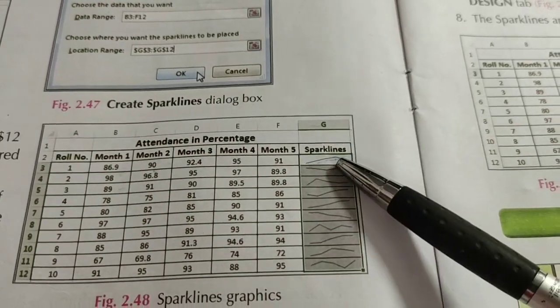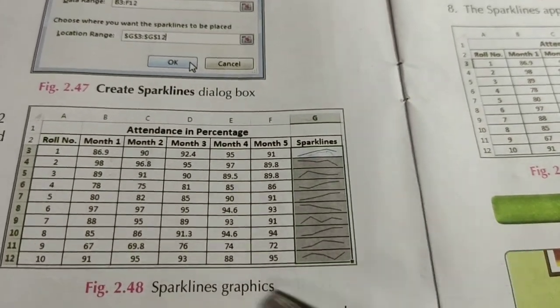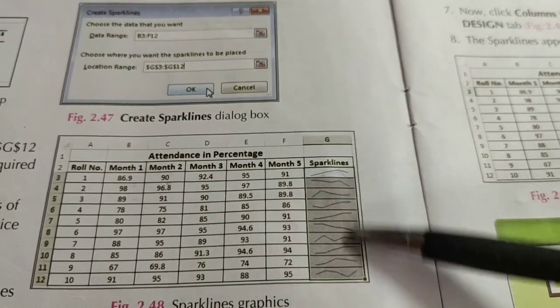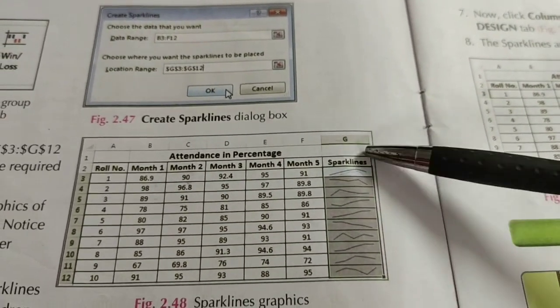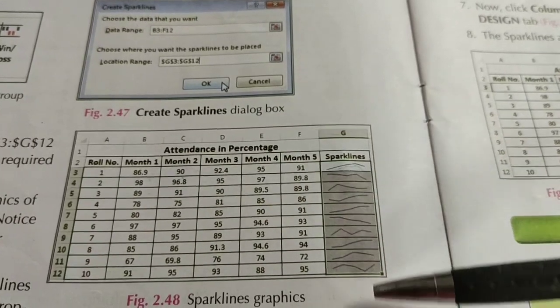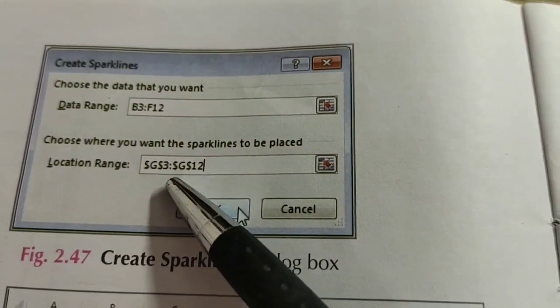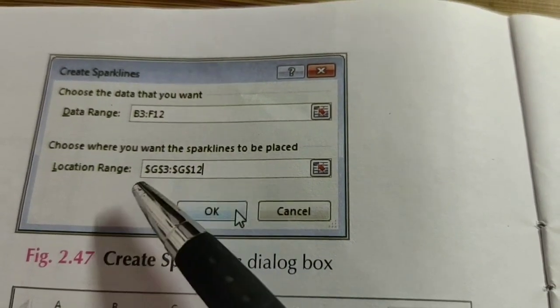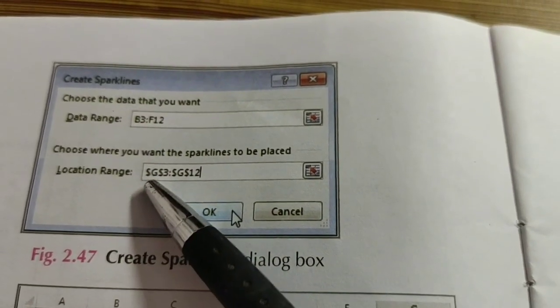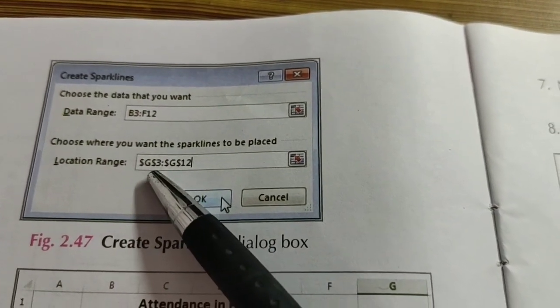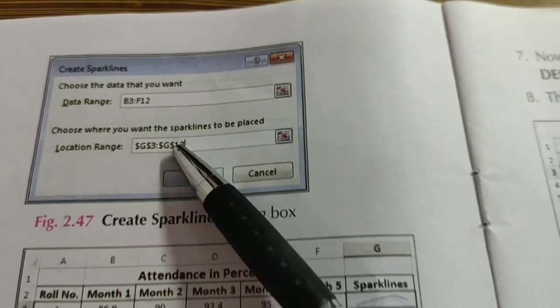From column G, G3 to G12, they will locate this range. Now you see, this is G3 and G12. And before the column and the row, they are putting a dollar sign. Here also they are putting a dollar sign.